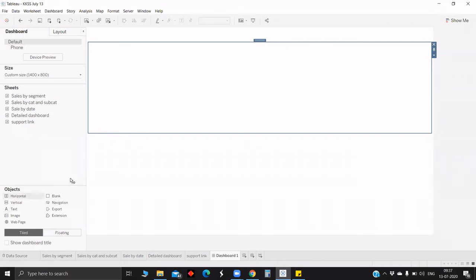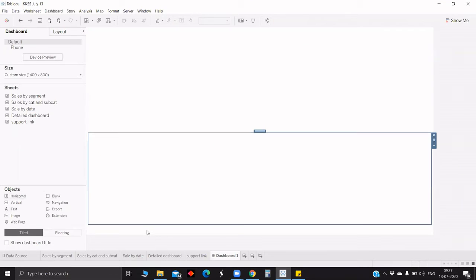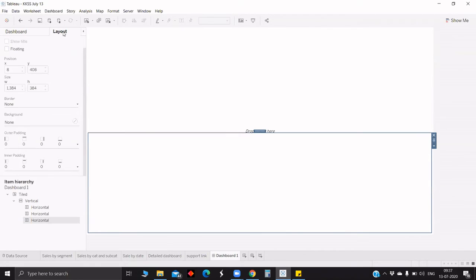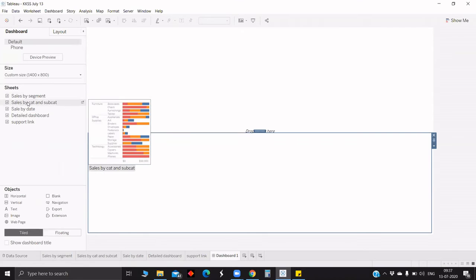And we will try to pull one more horizontal just below the horizontal, and we can now delete this blank here. So what I have done here is, first we have only one vertical, and I have pulled the 3 horizontal inside the vertical container. So basically there is only one vertical container outside all. That is the first container which we have in this dashboard, which is vertical, and we have 3 horizontal containers inside this vertical. So now maybe if we try to pull the sheet and print, it will be better.